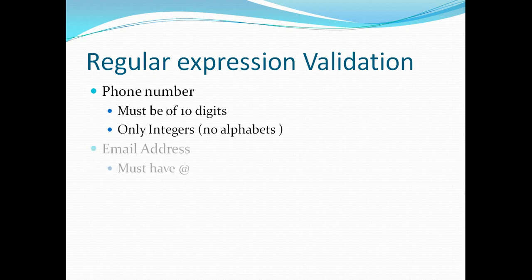Similarly for email, an email must have @. If it doesn't have @, I will report to my source system that these many emails that you sent today were not correct. Because of that, the entire records were rejected, and you need to send me those records again. So whenever you plan a project, you have that feedback mechanism between your source system and your target system: if you are rejecting certain records in your target, you feed that data back to your source system for correction. They will remediate that data on their end.